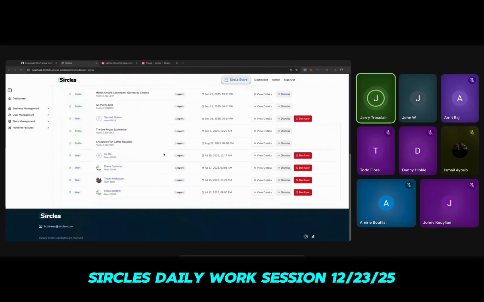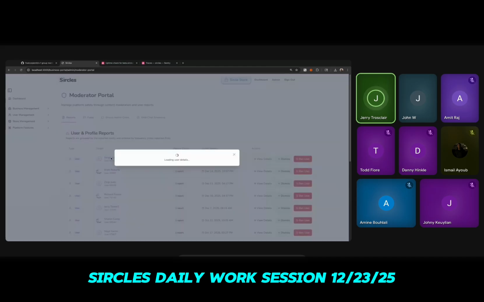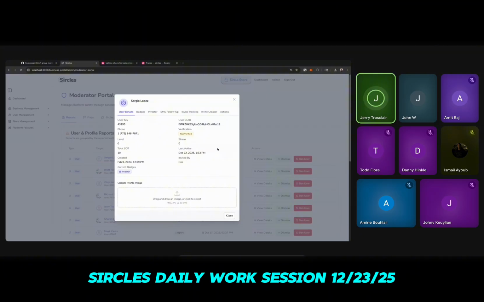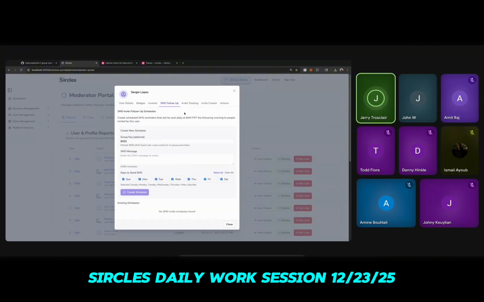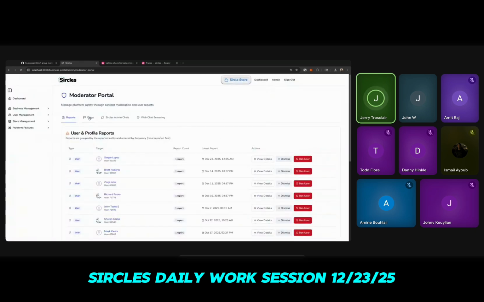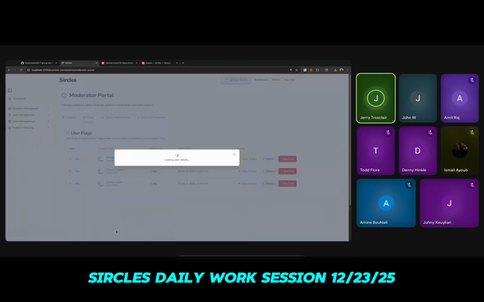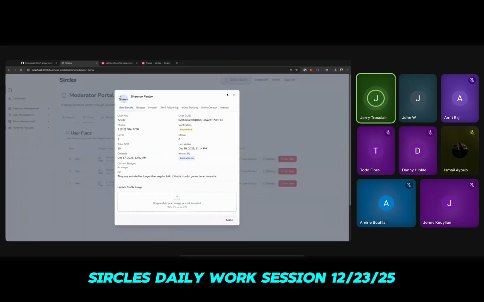One thing Todd was asking is if a user gets flagged or reported by our auto filters, that the banned users were showing in here. I removed the banned users from here. And if you want to view more details instead of searching up the profile, you can now just click on it and see their activity from here as well. It's a small quality of life change, and you can see it here for these user details.